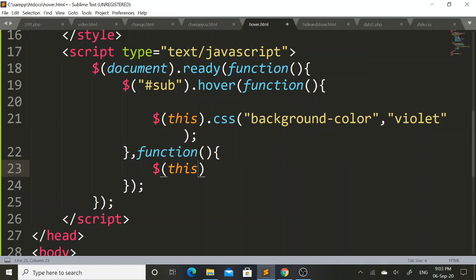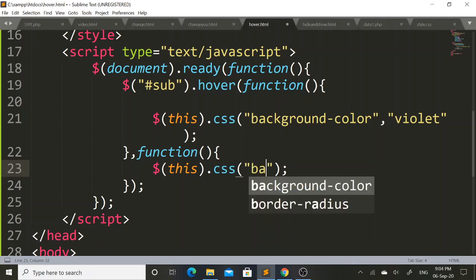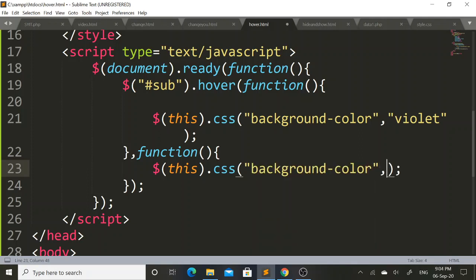I will set this keyword as an argument, and with the help of dot operator, I will call CSS function. Again, I will set two parameters to this CSS function. First one is background color, and second one is gray.